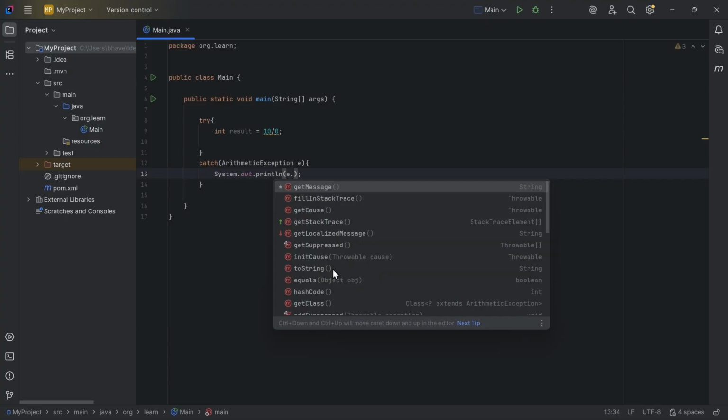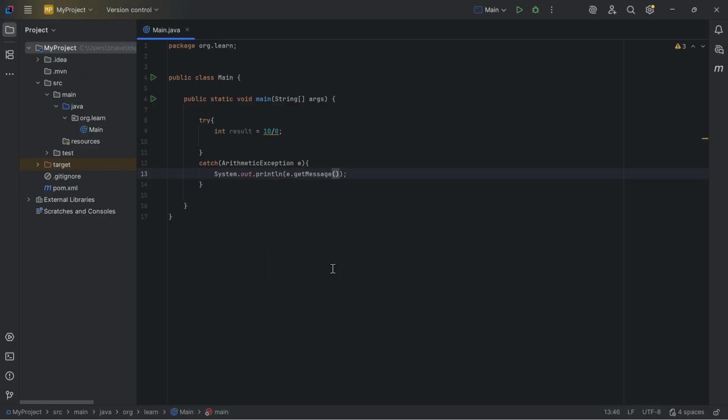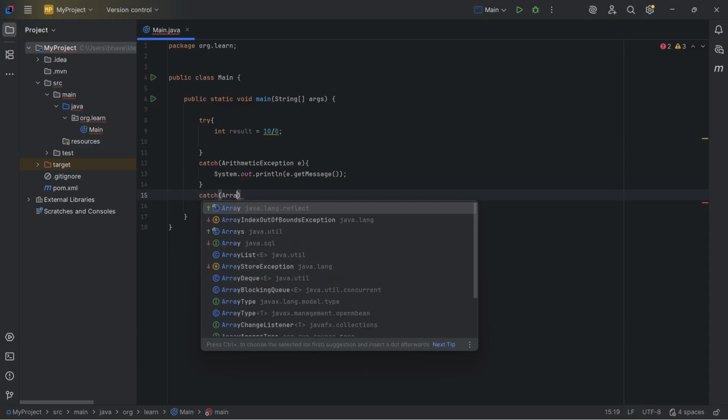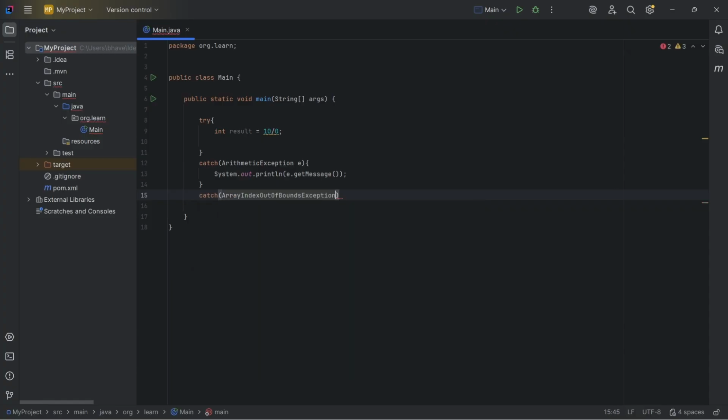So we know, right, we have the method e.getMessage. We can directly print the reason of the exception, and I will write another catch block, that is array index out of bound exception. We will see what it is, but for now I'm writing the array index out of bound exception. So e.getMessage, okay, it is a built-in method getMessage that will print the exception, why we are getting that particular exception. So let's say for now I will define this too, and after try catch block, remaining lines of code